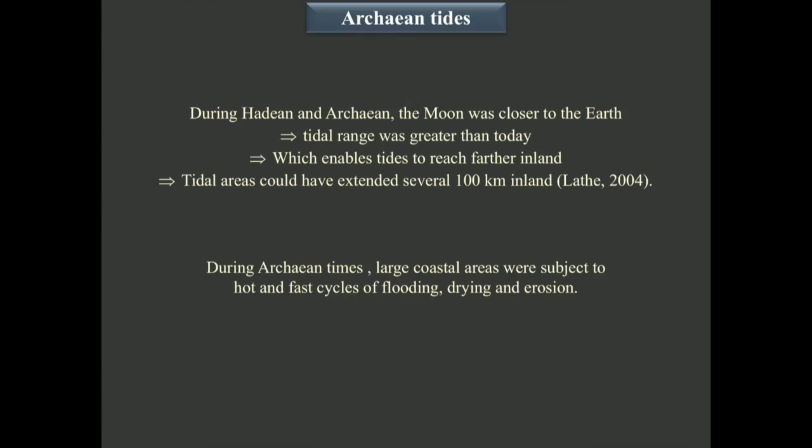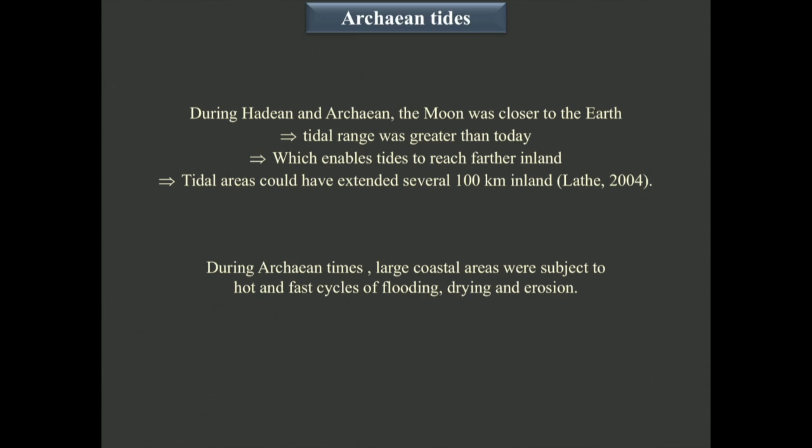That means that the tides and the seawater were able to go farther inland than today. And some people, I'm not sure that this is a good value, and this is an extreme proposition, consider that the tides were more or less 100 meters high at that time and could reach more or less 100 kilometers inland. So that means very big tides,